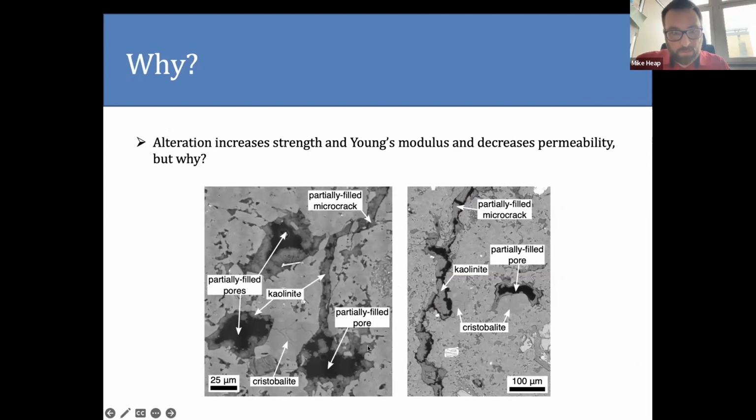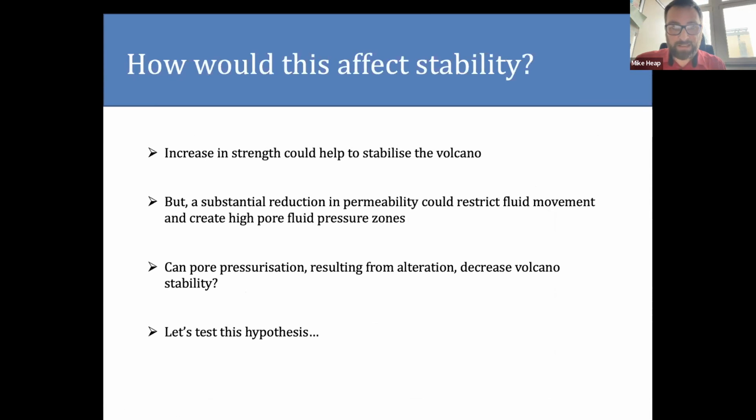Why has it done that? Well, we can see here SEM pictures where we have cracks and pores which are filled with these alteration minerals. It's reducing the porosity. It's cutting off fluid flow pathways. It's killing the permeability. So it's very different to the type of alteration we saw at La Soufrière. So maybe this could stabilize the volcano. However, this huge reduction in permeability could create pore pressurization zones, which could negatively influence the stability